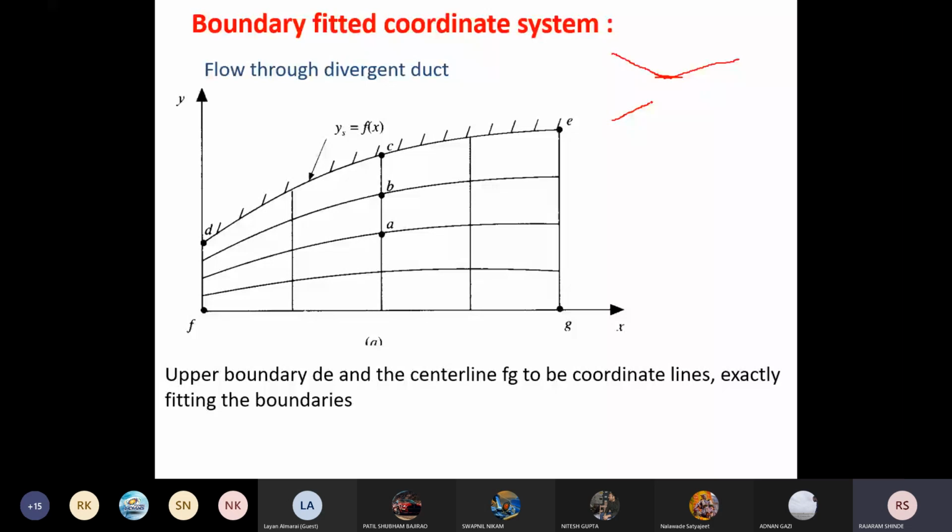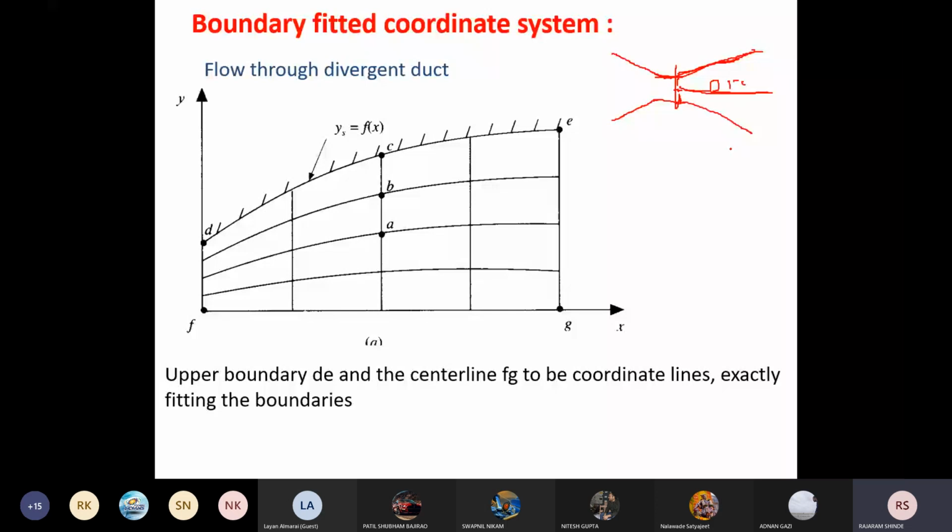Now if it is starting from here, and if I use the center line at this location, then you will get this type of flow here. Now it is taken as a curve, as a boundary for representation of the duct. In this problem, a simple rectangular grid is not appropriate, because the finite difference method does not accept this type of grid. Thus I have drawn curvilinear grid points, as shown in this figure.